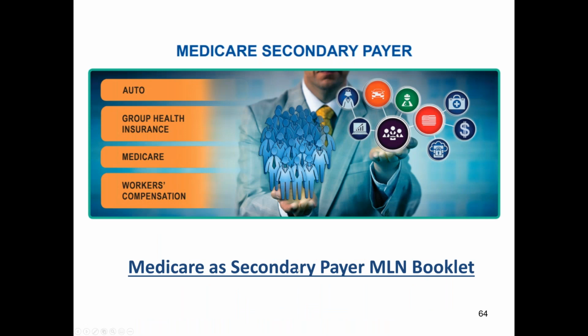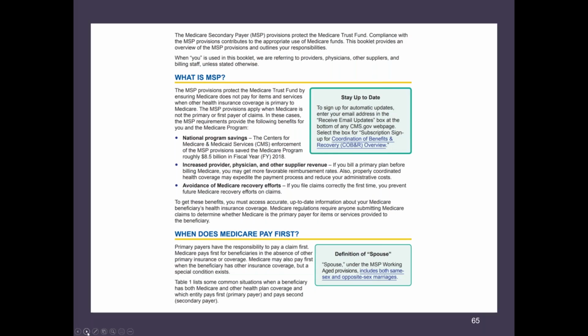Here is the Medicare Secondary Payer fact sheet, and it's about 16, 17 pages long. It is really wonderful. Here's what it tells you about what the MSP is all about. It's to protect the Medicare trust fund. So in 5 years from now, when I get Medicare, yay, there will be some money left for me to spend. It saves about $8.5 billion a year. It helps to protect